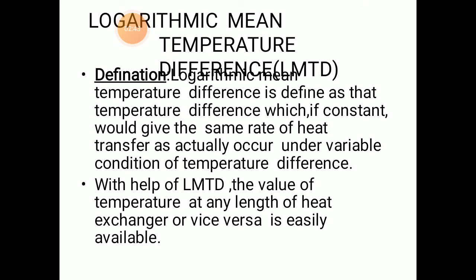But before going to start with this LMTD, we will assume some things. First, the overall heat transfer coefficient U is constant. Second, the flow conditions are steady. Steady state is that state where all the fluid properties do not change with respect to time. So, as hot fluid and cold fluid flow, we will assume both the flows are steady. Third assumption is related to specific heat and mass flow rate. The specific heats and mass flow rates of both the fluids are assumed to be constant.